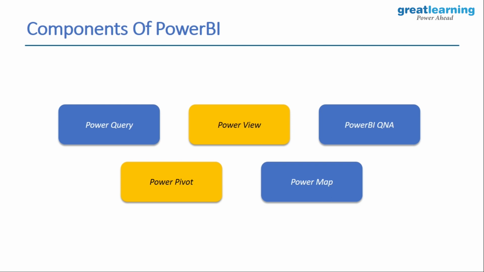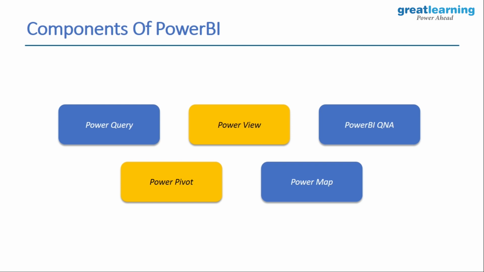Apart from that, you have some tools that Power BI offers. Now, we've talked about the important components and all the 5 ones are covered, but then there are certain other parts to it, right? You have Power BI Desktop, a desktop related service or software that you can install on your system. And once you do that, you can go ahead and create visualizations out of it. Then you have something called Power BI website, to which you can go ahead and publish your reports and dashboards. And then you have Power BI mobile apps.